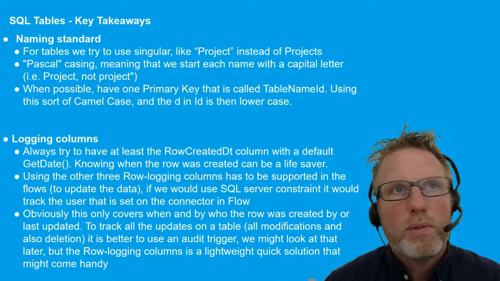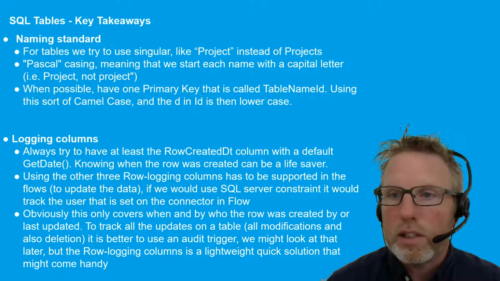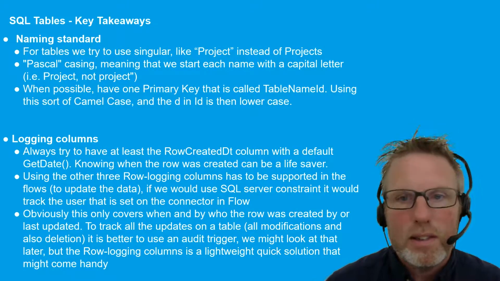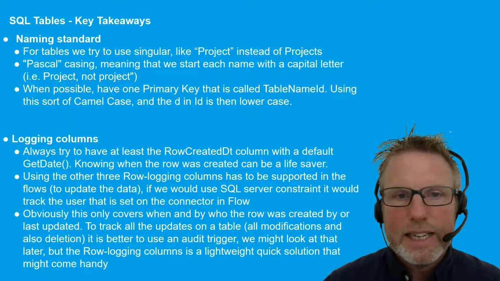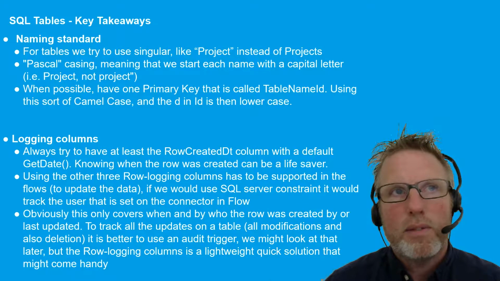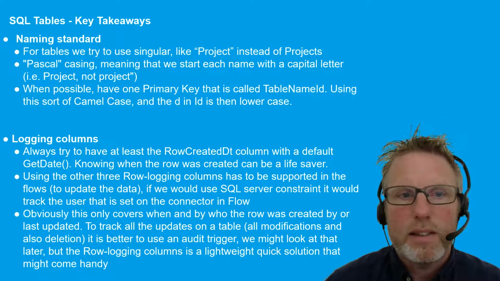There are ways, if you want to have more advanced logging, that is called an audit trigger. So we put a trigger on the table that will save all the changes into a different table. That way we will store all the changes. We will go through this also in the following sections, but as a very basic, try to keep these four logging columns. I think that is a good